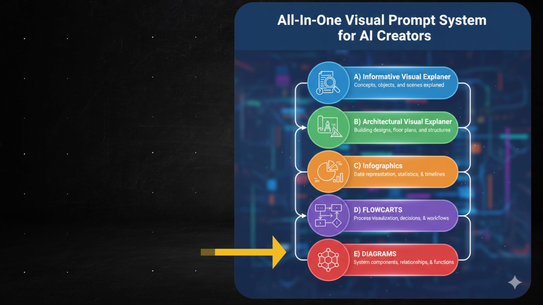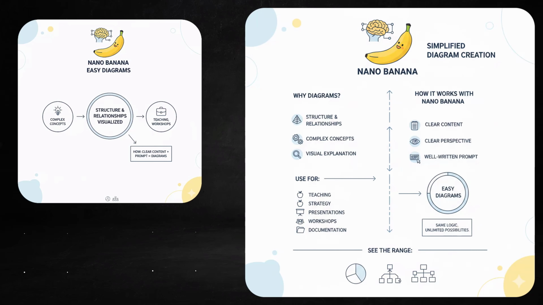Now that we've covered flowcharts, let's move on to the final section, diagrams, and wrap up our examples together. And this is where everything we've learned so far really comes together. Diagrams are all about structure and relationships. You use them when a concept is too big, too abstract, or too interconnected to explain with text alone. They are perfect for teaching, strategy sessions, presentations, workshops, and even internal documentation, anywhere you need people to see how